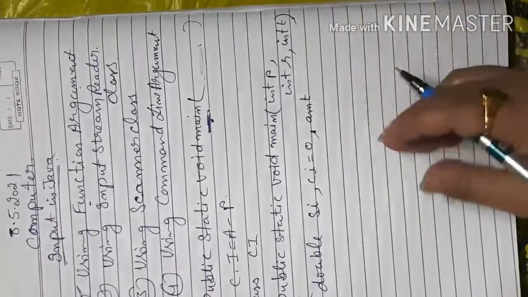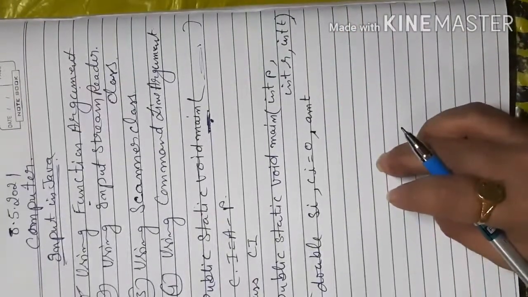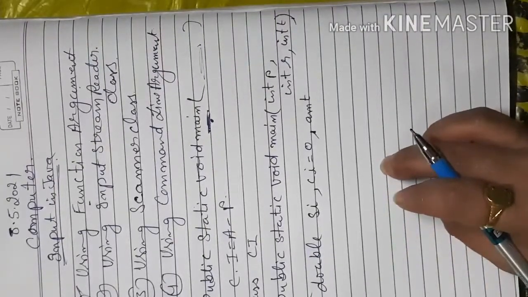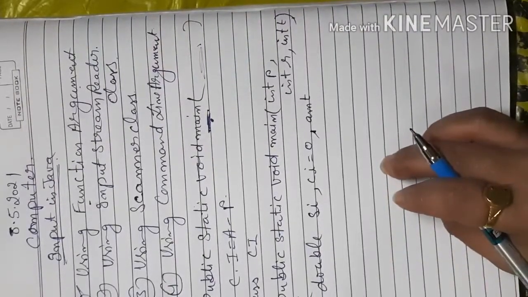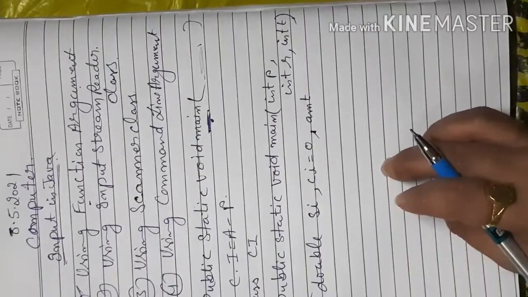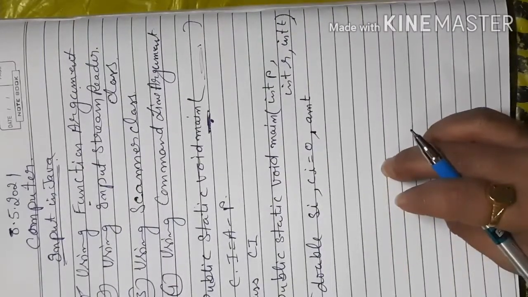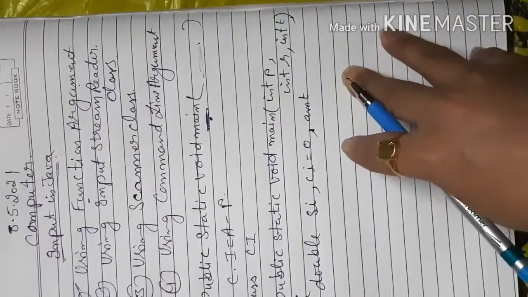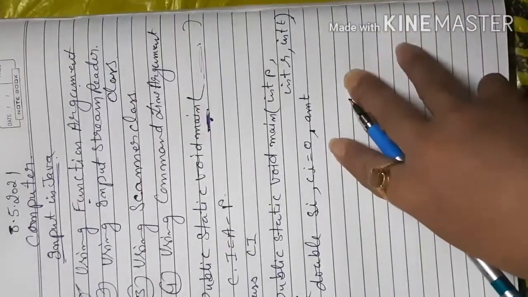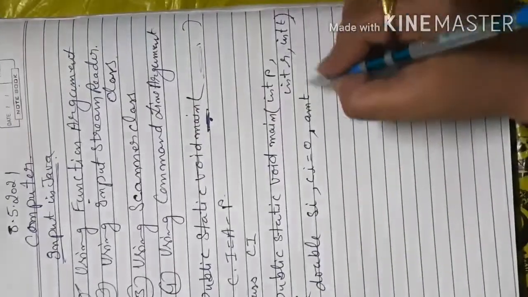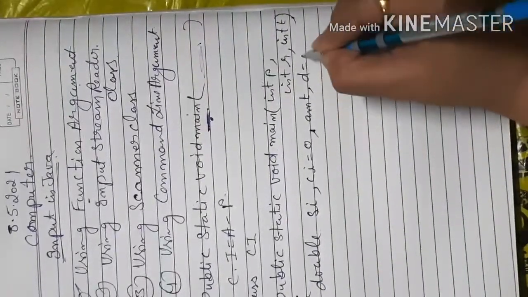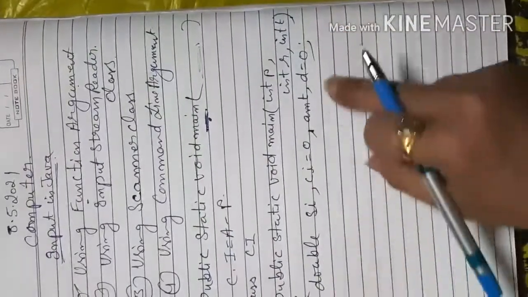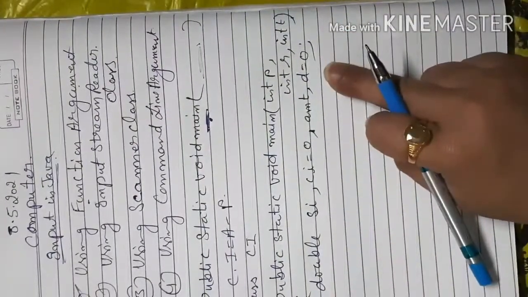Then I need the difference also to find, because your question is: write a program to input principal, rate and time, calculate and display the difference between simple interest and compound interest. For that I need simple interest also to calculate. So here you have to find the difference d, which I consider as 0. So here are my proper variables that I am using in my program.